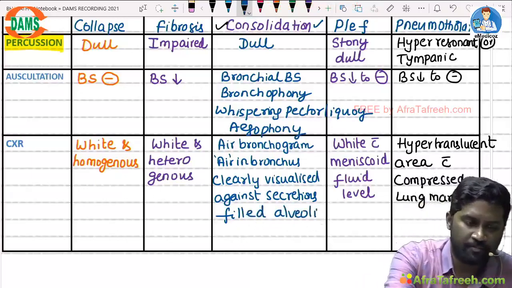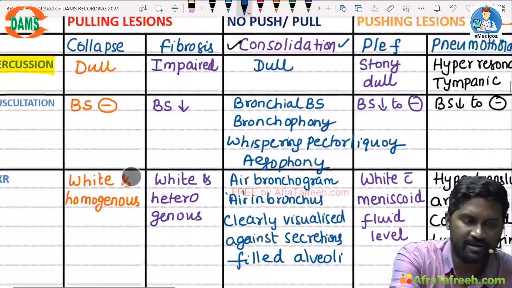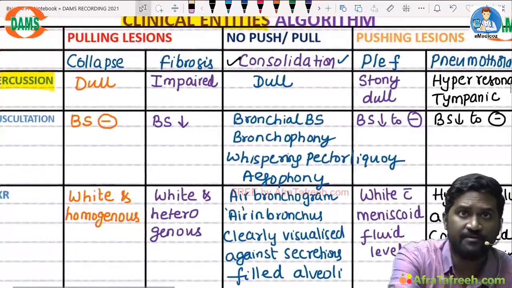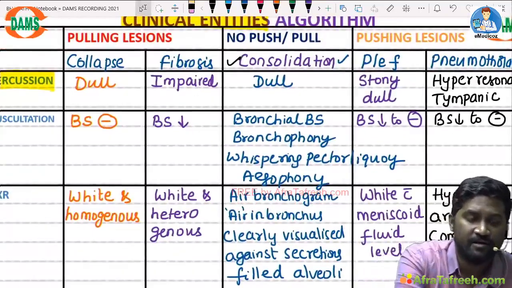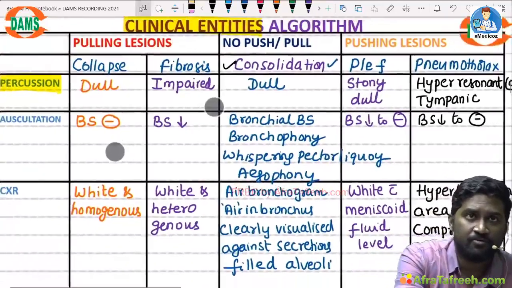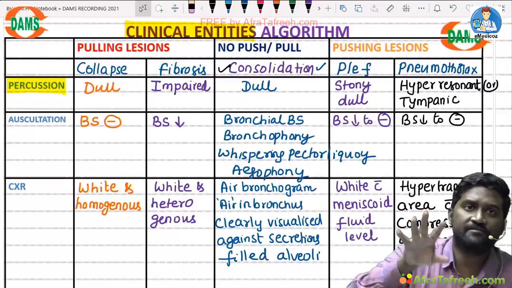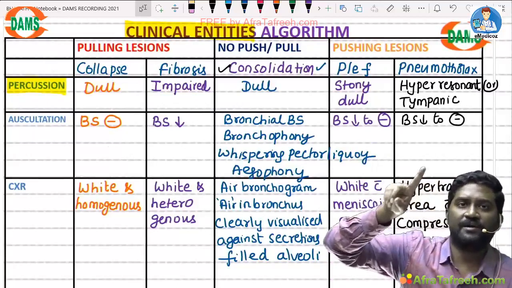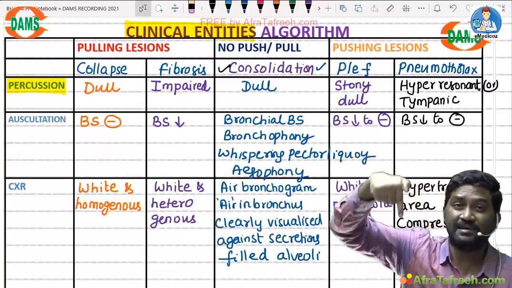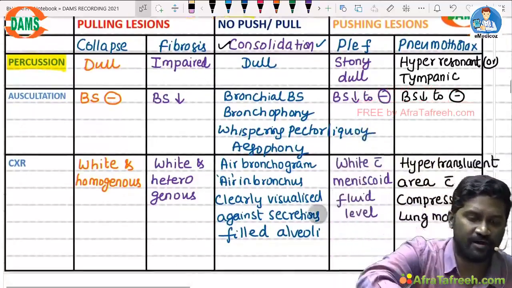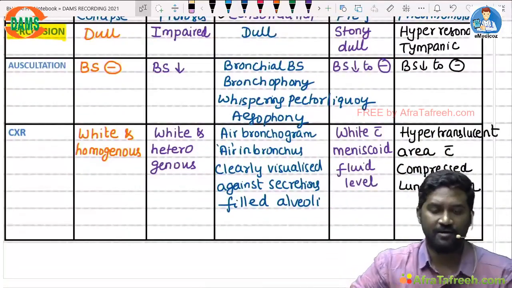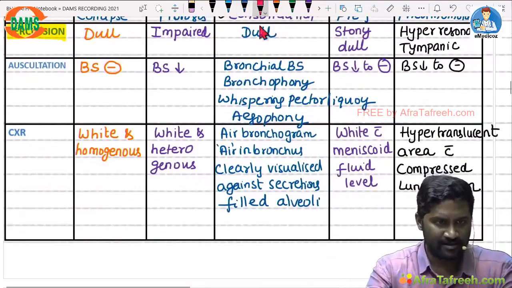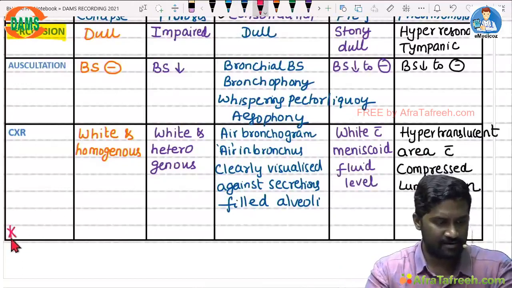Now an important feature about all these clinical entities: we have discussed previously, to identify the diseased site, students, let it be any of these clinical entities, you should always identify the side of decreased chest movement. So write down this for completion's sake. I am writing it in red.